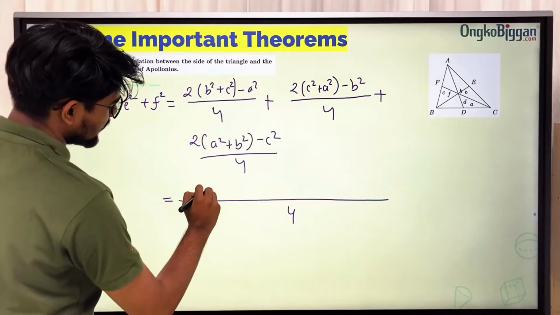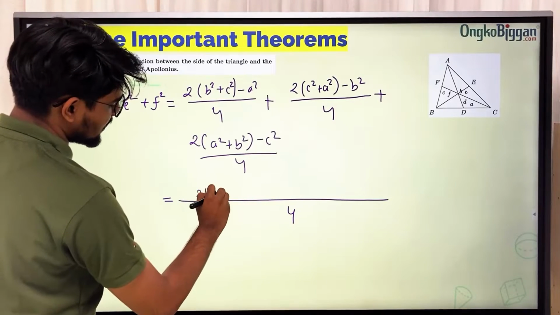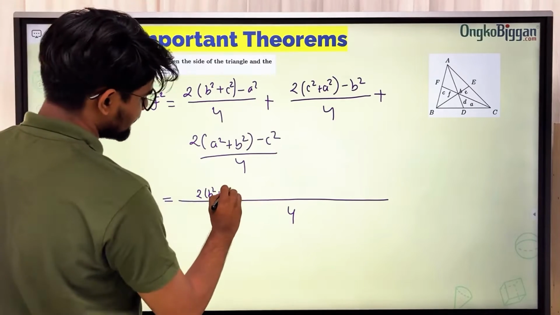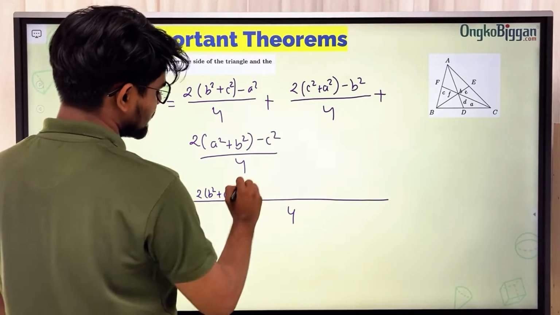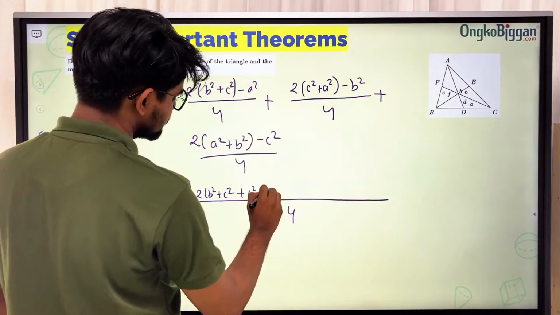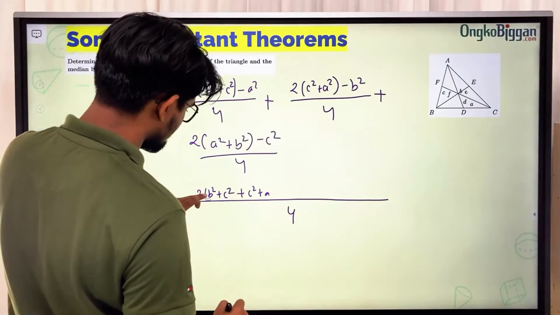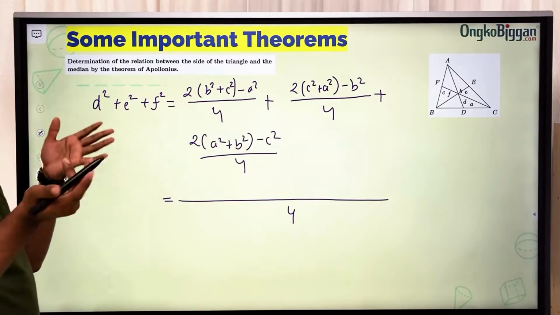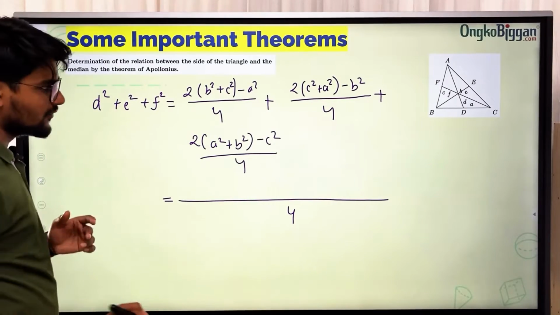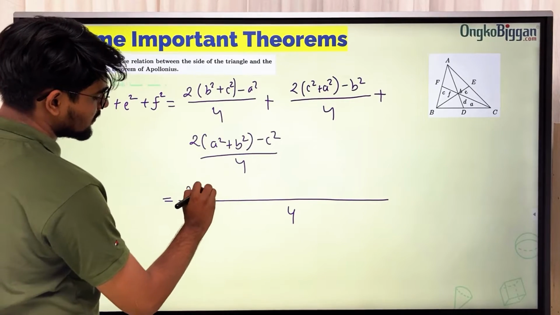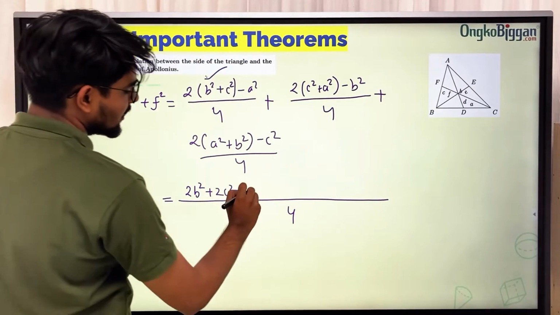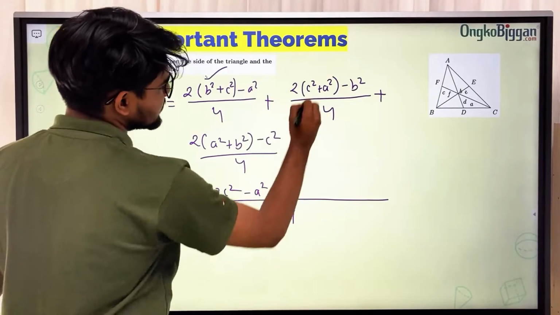So 2b square plus c square, okay, 2b plus c square plus c square plus a square. Let me write it in a different order for your betterment, because I know I can write it shorter, but if I do that for you, you might get confused. So 2b square plus 2c square, that is expanding these two, then minus a square,